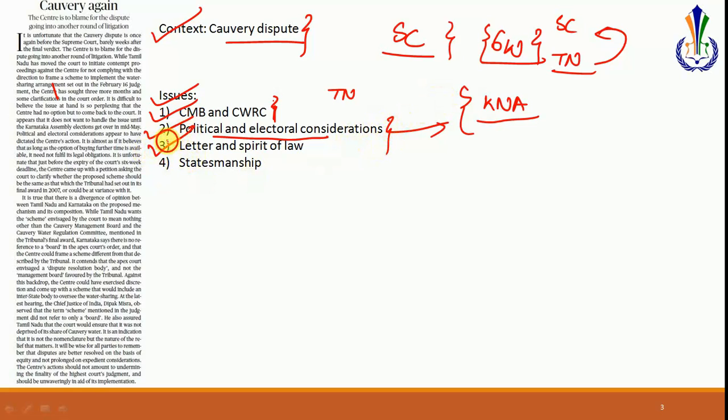Another analysis which is important here is with regards to the letter and the spirit of the law. Now the spirit of the law is the idea behind the law which the Supreme Court had mooted. The idea was of dispute resolution mechanism between Tamil Nadu and Karnataka. But what the center has done is that devoid of the spirit of the law, it has fallen unnecessarily into the letter of the law, and it is saying that the Supreme Court had not categorically mentioned that a management